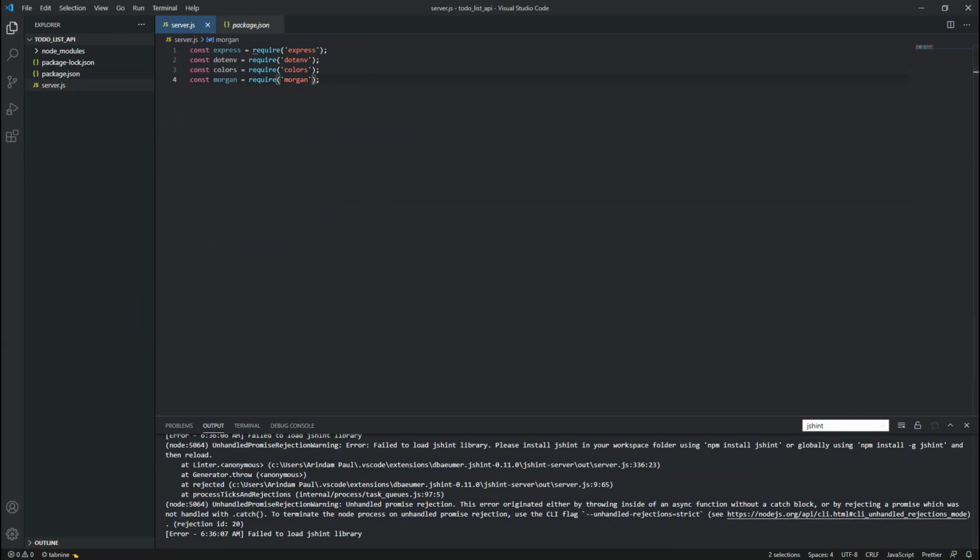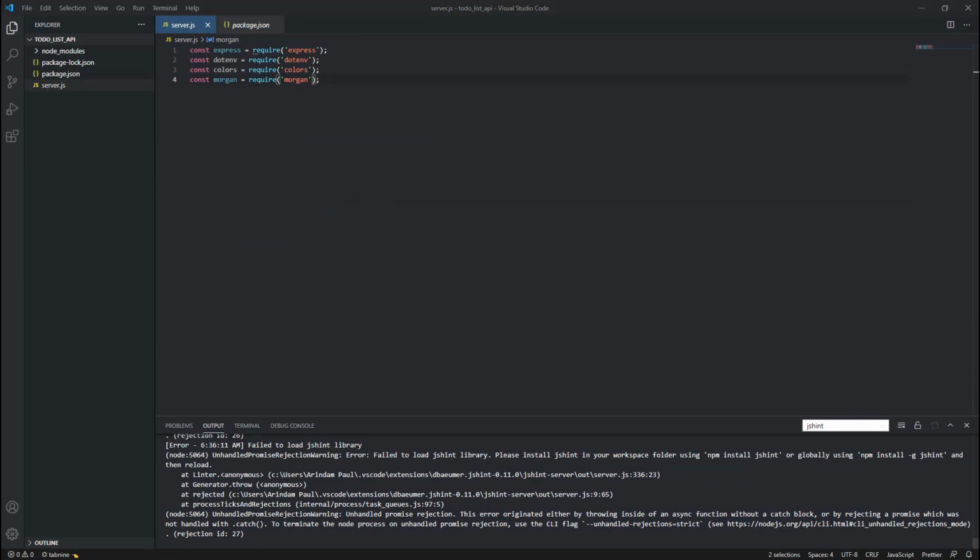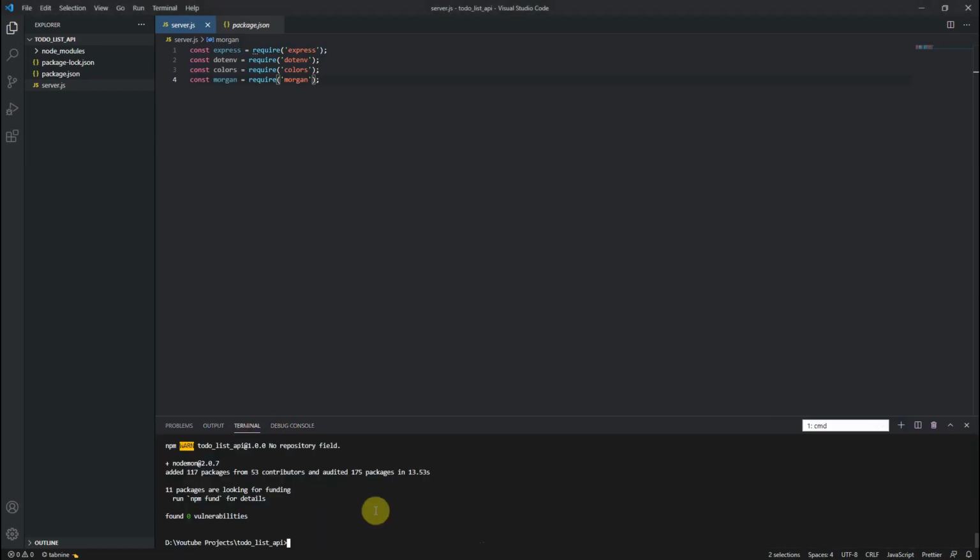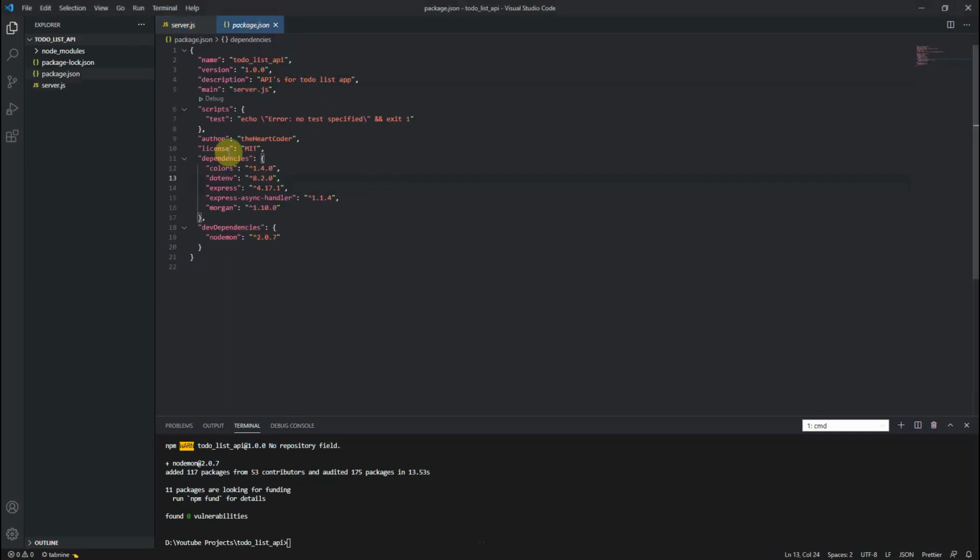Another thing we need to do is run some command for running our server. For that, go to your package.json file, and under the scripts, the first one is npm start. If you run npm start, then it should be only node server. And if you run dev, then it should be nodemon server.